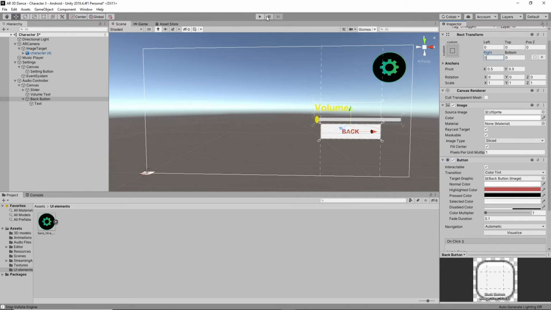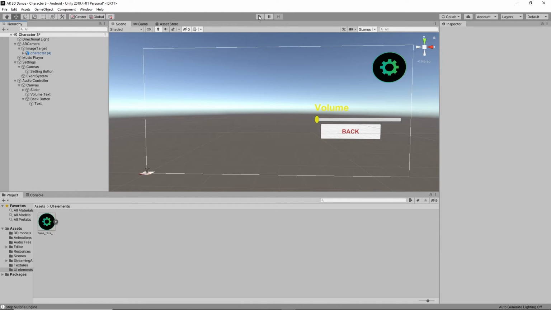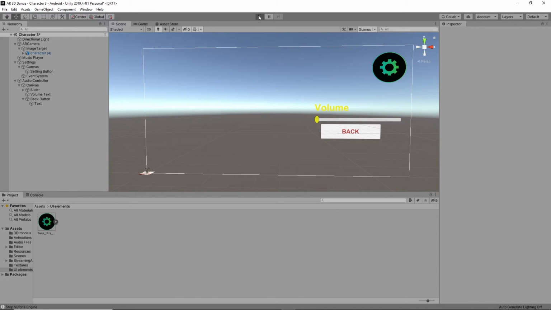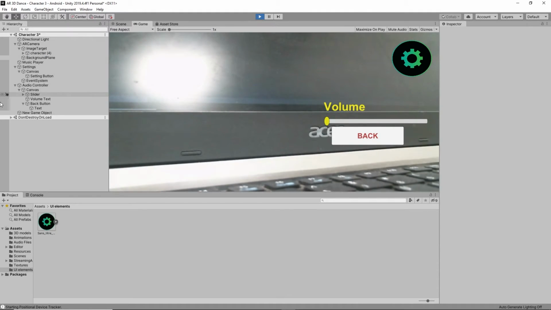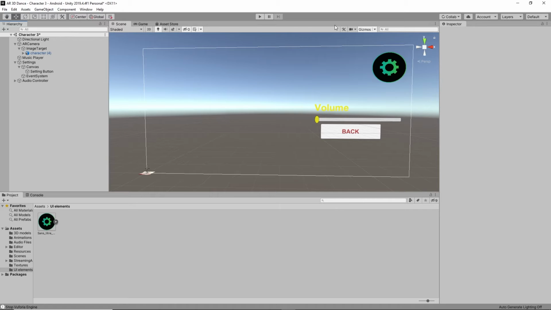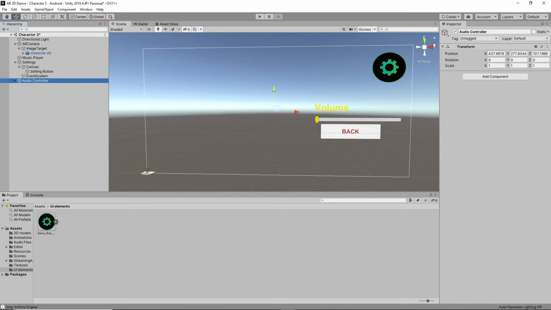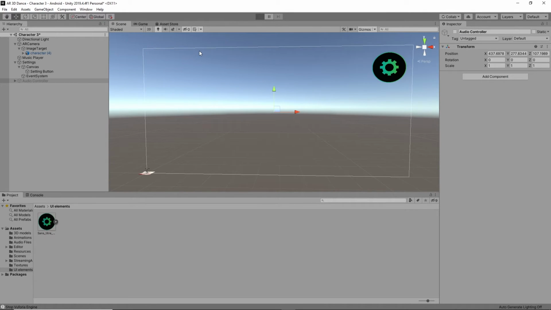Yeah, I think it was good. Now click on play. Sorry, I didn't disable this. Yeah, I had disabled this. First select this audio controller and you have to disable this. Now let's check.